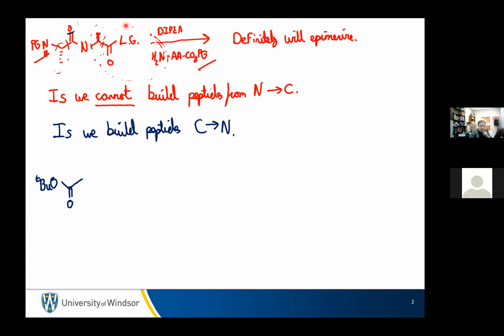If we try and couple an amino acid using standard coupling conditions, which is we use the activated ester in the presence of a weak base like diisopropylethylamine, and